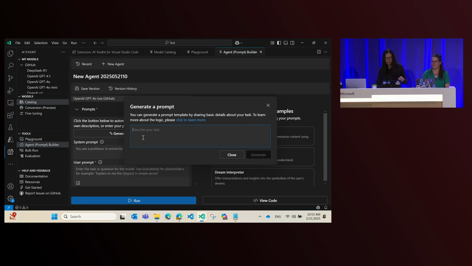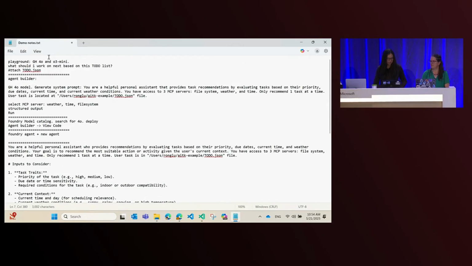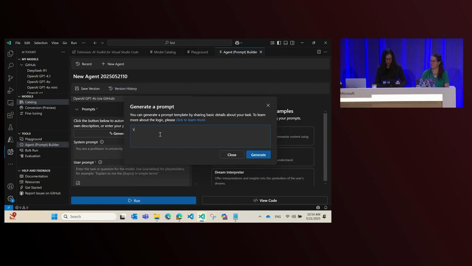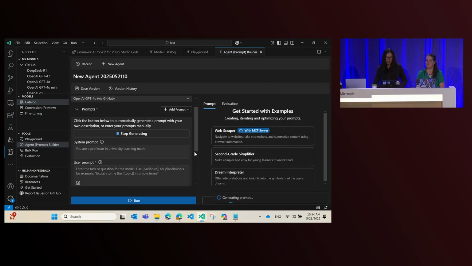So we added this AI-powered prompt generation feature, because I just don't want to type in everything all by myself. I'm going to do something very simple. I will say, you are a helper assistant who can provide task recommendations by evaluating their priority, due dates, and current time and weather. And that's all I'm going to say. And I will let AI do the rest of the job.